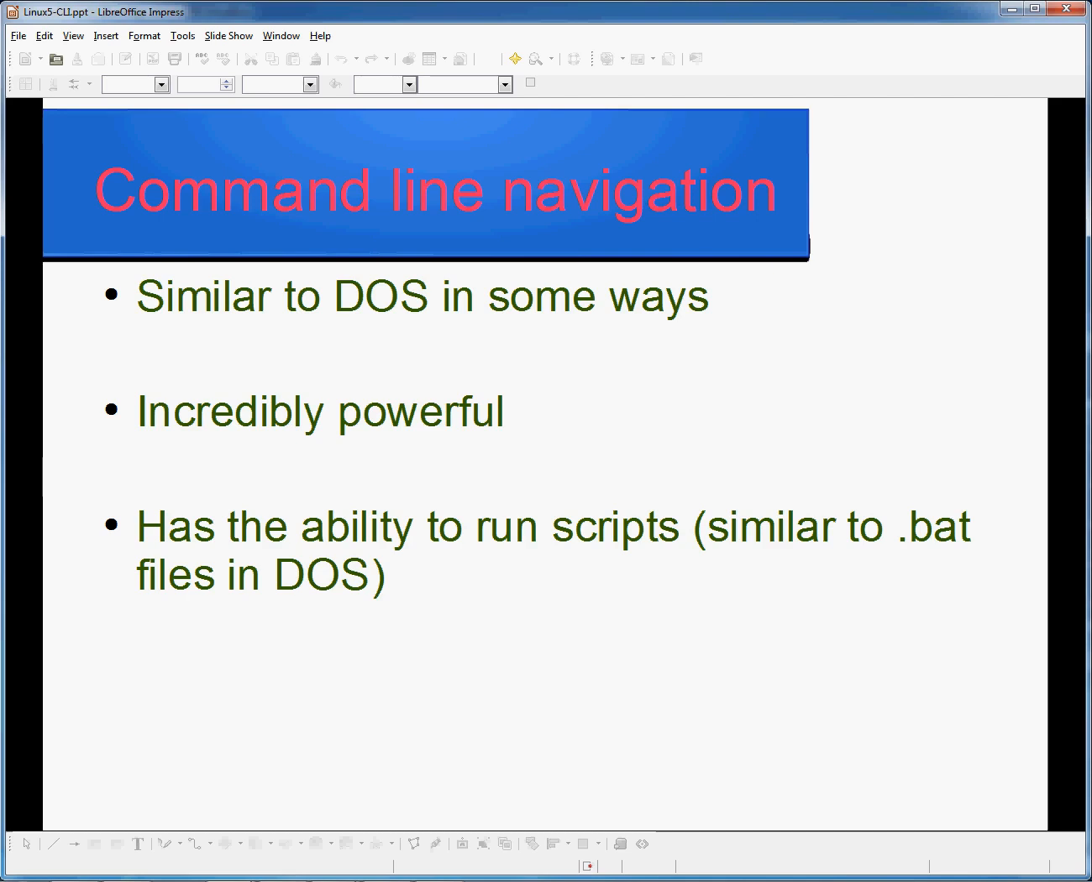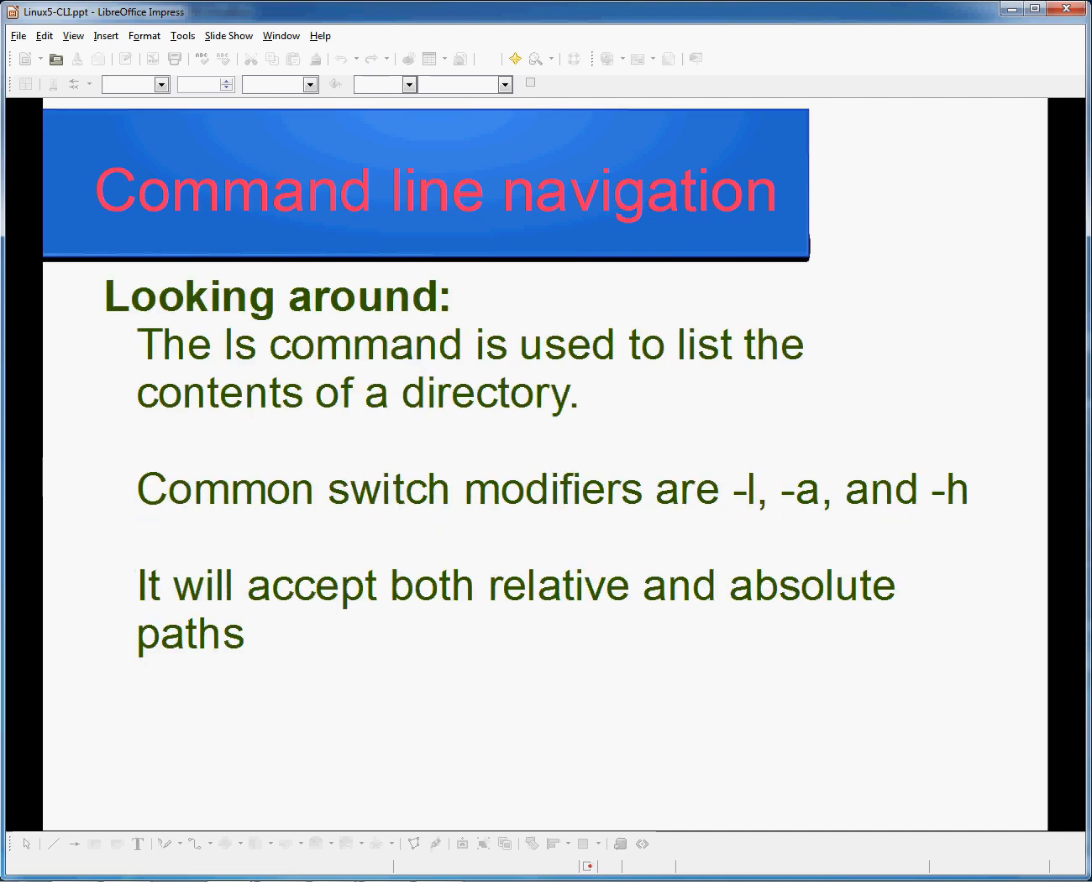The first command that we will be covering is the ls command. This is similar to the dir or directory command in DOS. However, this one is used specifically on Linux systems, and it stands for list. It will list the files and folders in your current directory unless you provide it with a path, which it will accept a relative or absolute